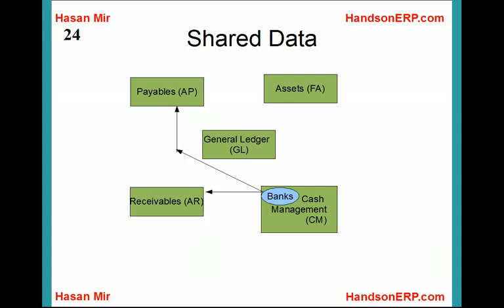Okay, so this is different from the flowing of information from one module to another, as we saw in the last slide. Here I'm trying to explain that data is also shared among modules. In order to prevent duplication, for example, if you have created a bank in cash management, you don't have to create another bank in accounts payable and receivable. The same information will be shared. It will be stored in only one place. So redundancy is